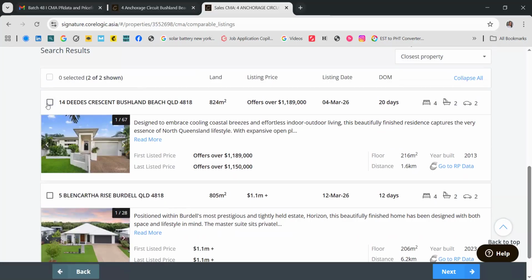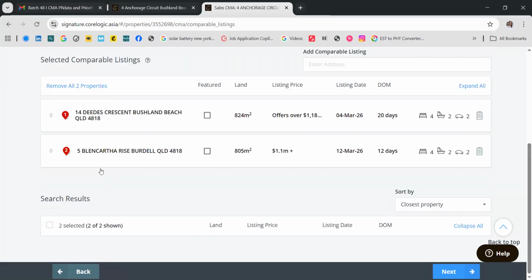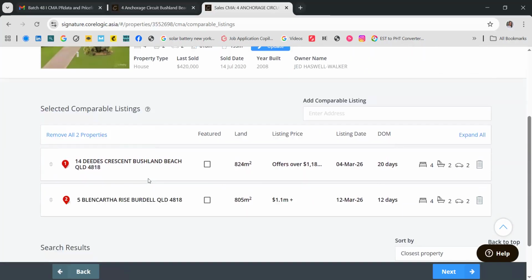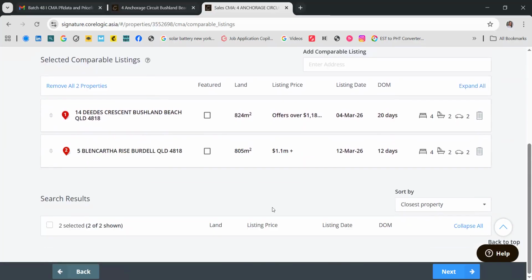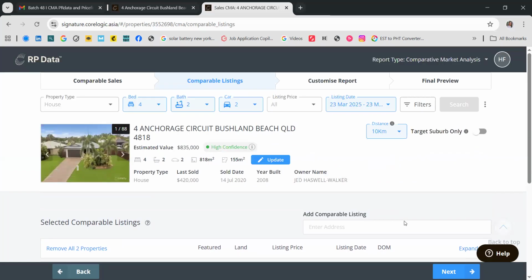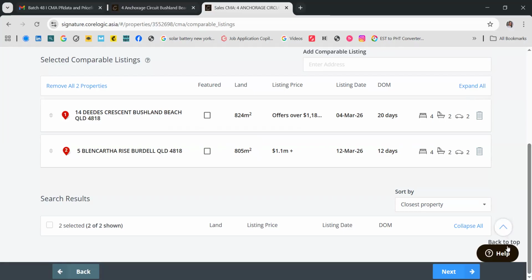So let's just check these 2 properties. Anyway, they have almost the same attributes, and almost the same land size as well. So after that, go to next.